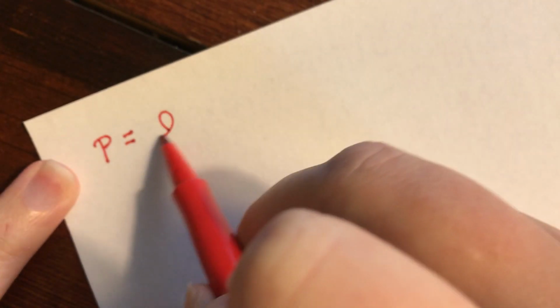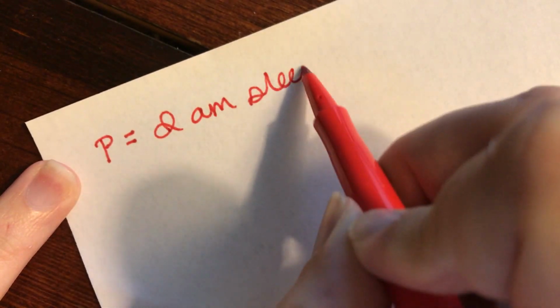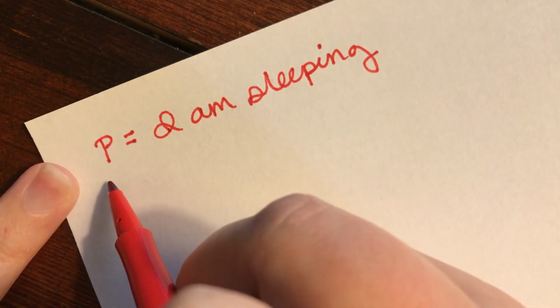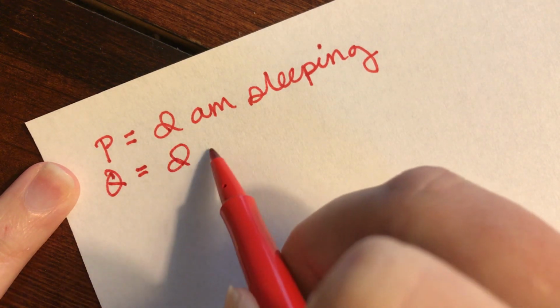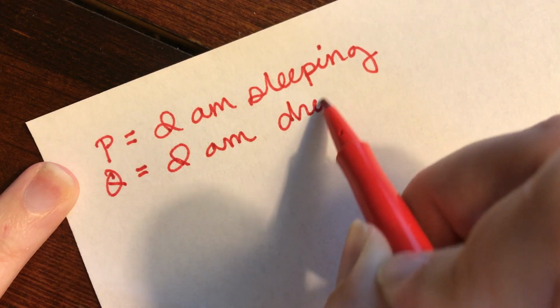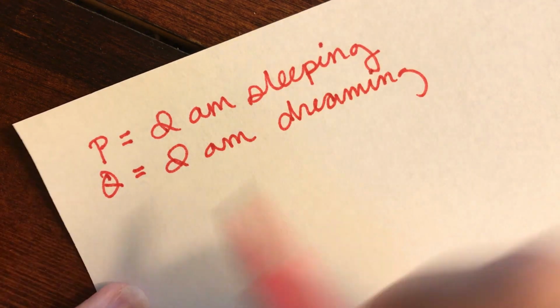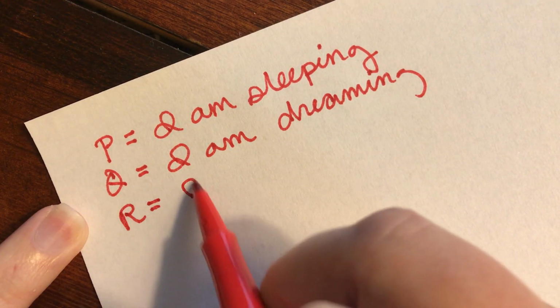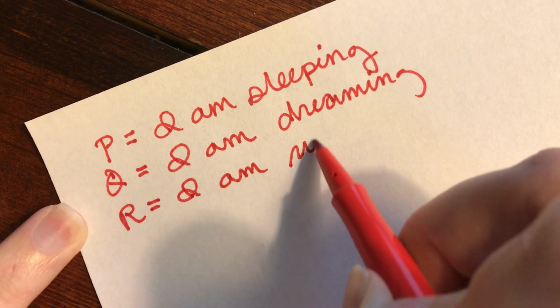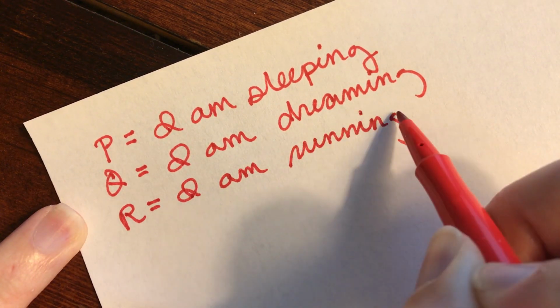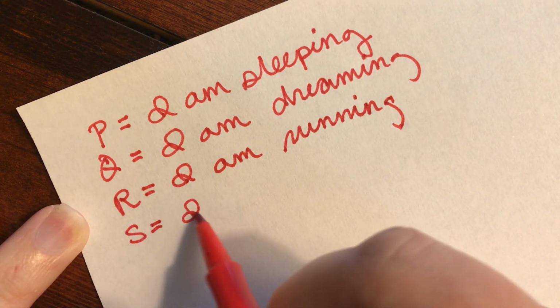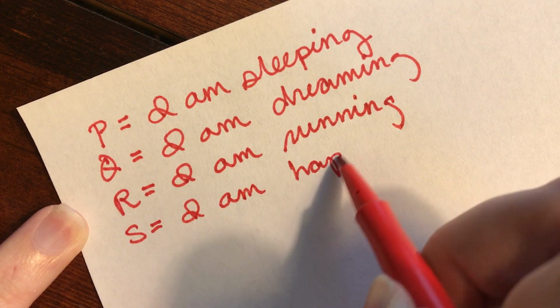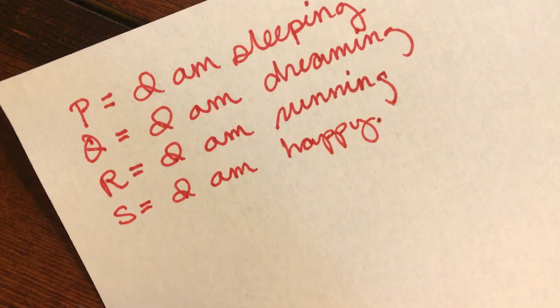So this is what the dilemma is, okay? If I say that P means I am sleeping, and Q means I am dreaming, and R means I am running, and S means I am happy, then if I say,